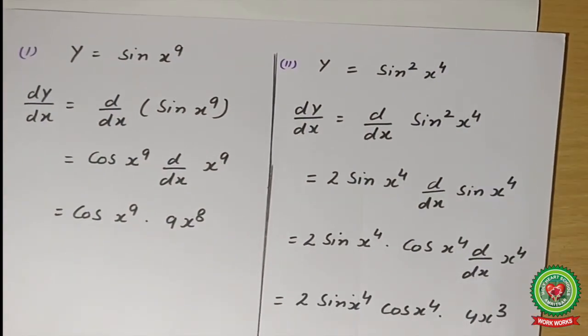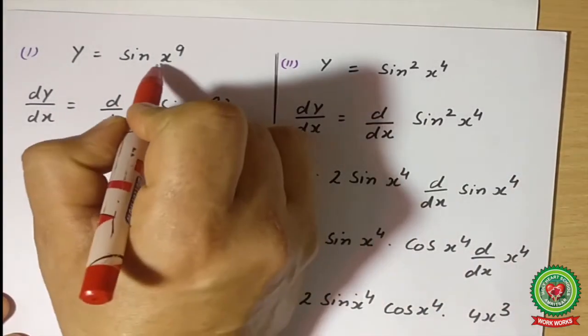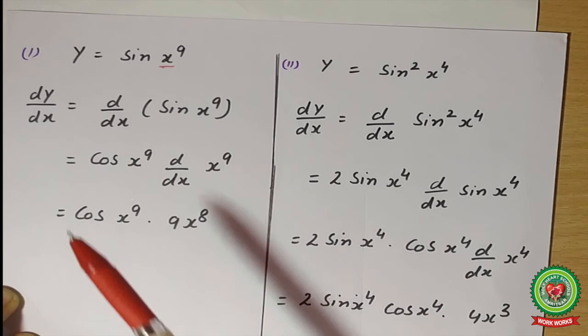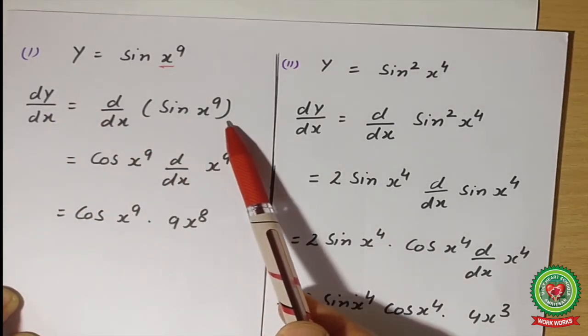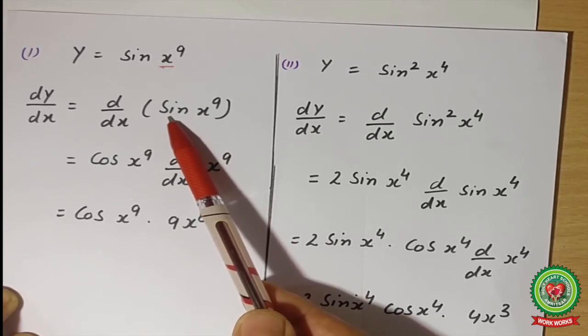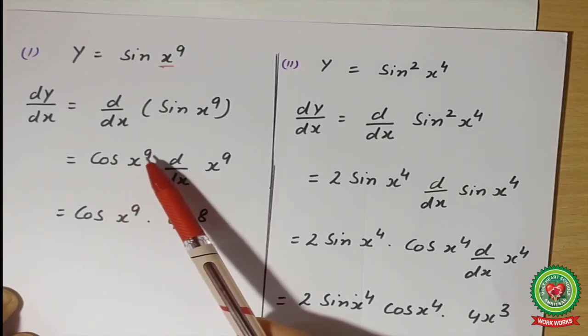Now we will take one example related to this topic. y is equal to sin x raised to power 9. Now x raised to power 9 is the angle here. When we differentiate this, first of all, the differentiation is of the t ratio. So what t ratio is there? Sin. We will recall that d/dx of sin is cos x. dy upon dx, we will write the statement as it is. We will take sin, d/dx is cos. So it will be equal to cos, the angle is as it is, cos x raised to power 9.